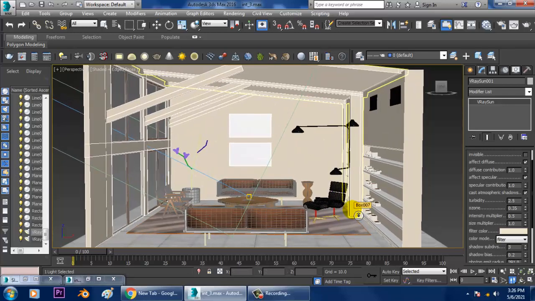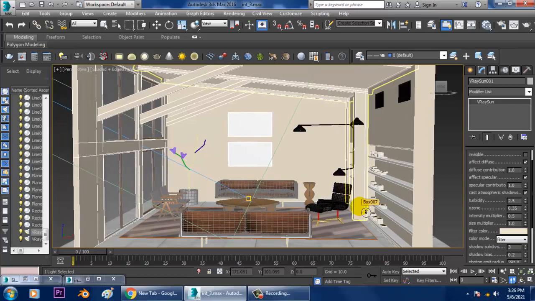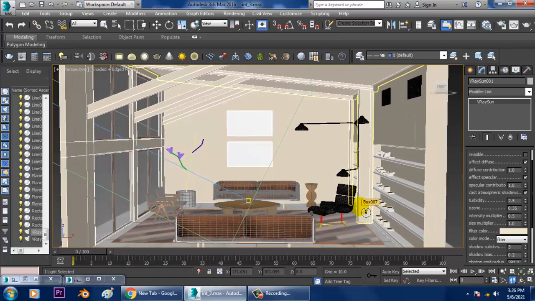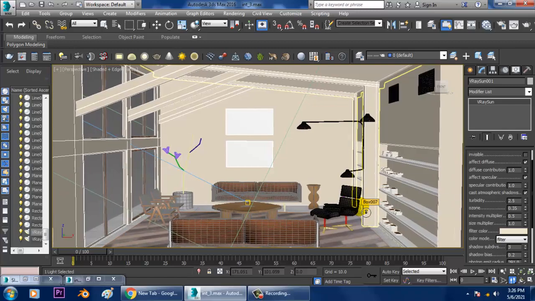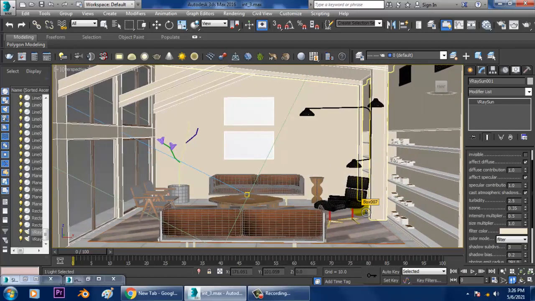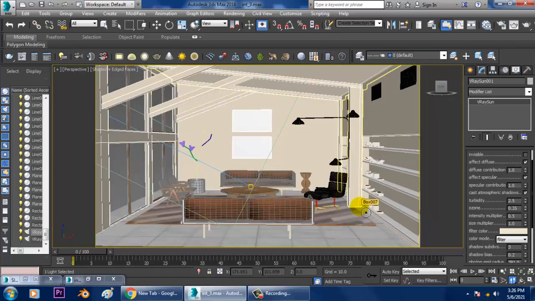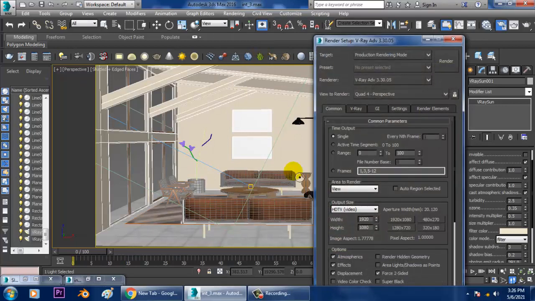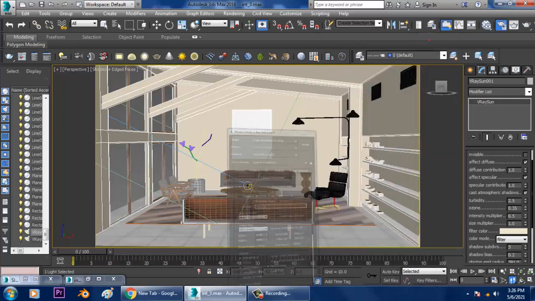We haven't set a camera yet, so we can add a camera. I'll show you how to add a camera. I'll press Shift F. You can go into rendering, render setup, and I'll set this to HD, that's 1920 by 1080, I'm sorry.